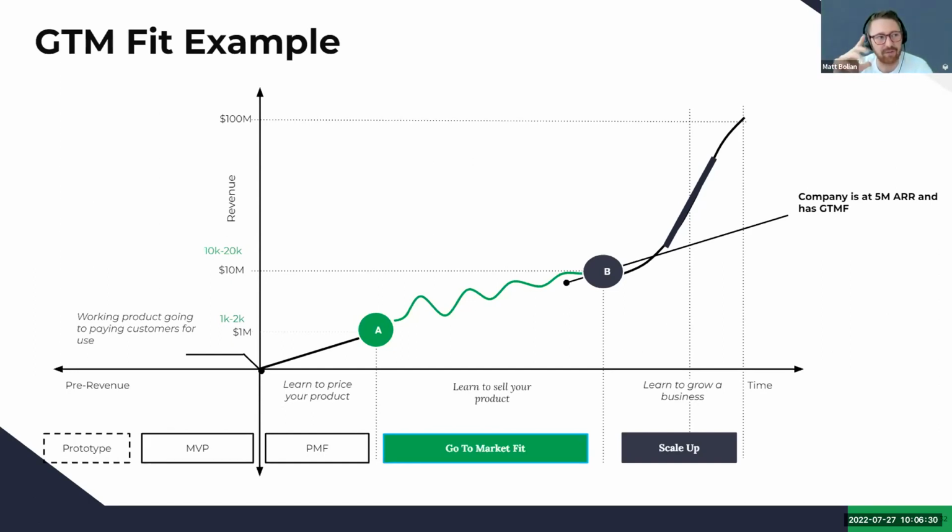Raise your hand, and we'll have someone answer. Let's pretend there is a company that, if you're looking at this, they're around $5 million ARR, and they're approaching what they would call go-to-market fit. So let's pretend you're just hired as a director of RevOps for this company. What is the first question you would ask based on what we've talked about today?